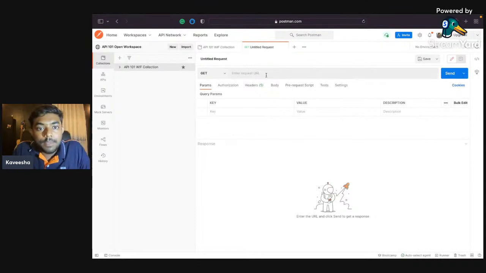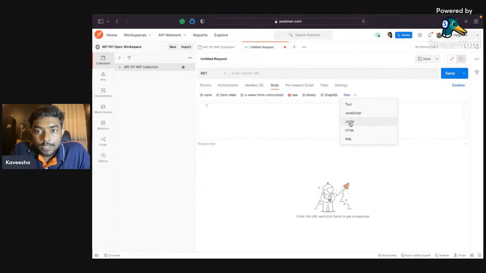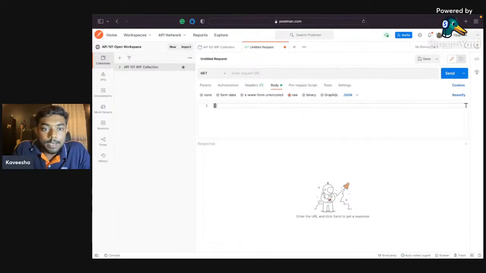Okay, in here in body, you can see form data, right? And encoded data and raw data. In raw data, you can see JSON type, XML, HTML, JavaScript, right? So I hit JSON. So I can add the JSON data